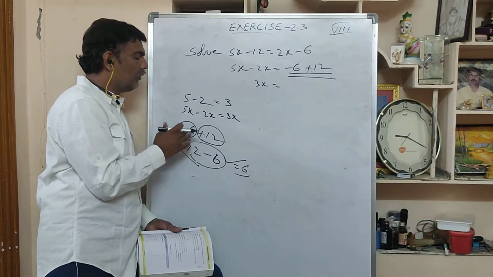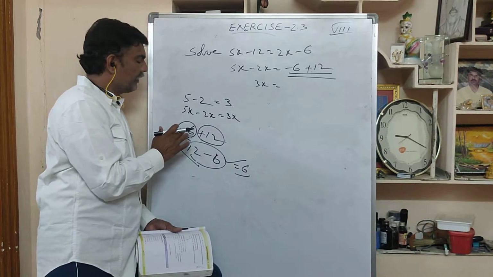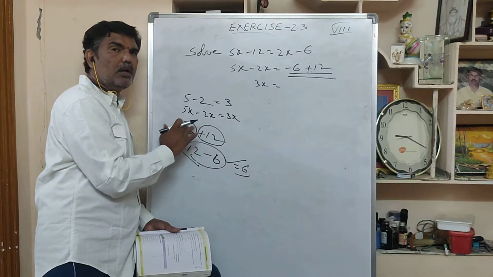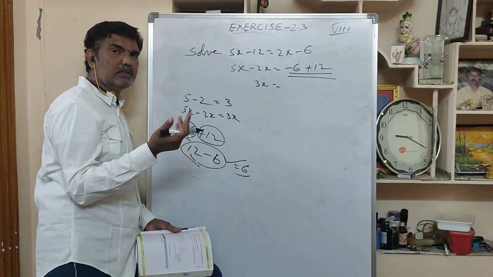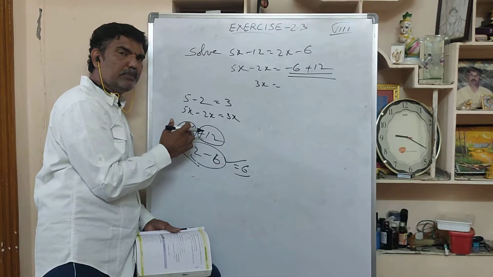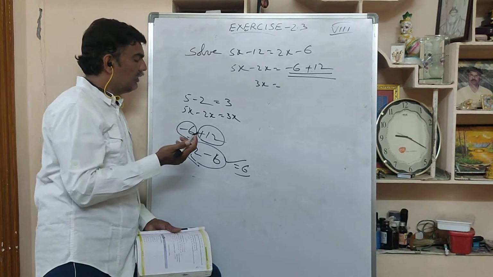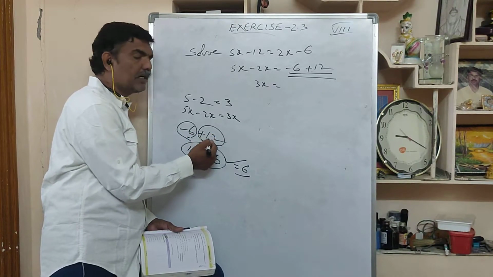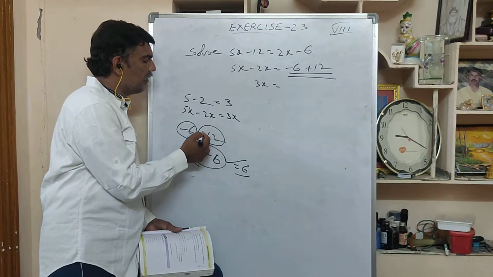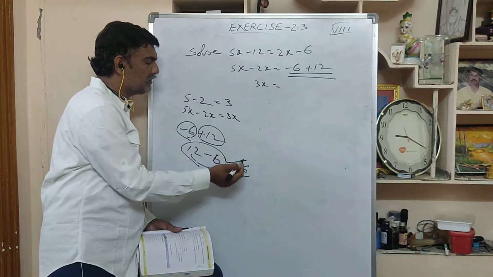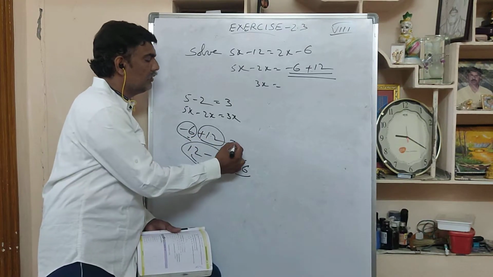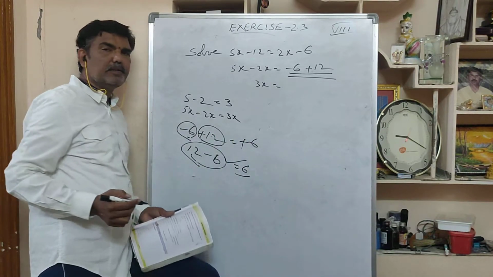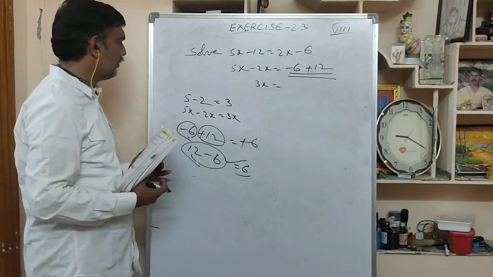Okay. Now listen carefully. 6 is having minus, 12 is having plus. So these two are not the same symbols. If you are not seeing the same symbols, you have to do subtraction. Which number is greater? 12 is greater. For the greater number, which symbol do you have? Plus. In the answer also you will have plus. So plus, subtraction, 12 minus 6, 6 only. The answer is 6. Okay.